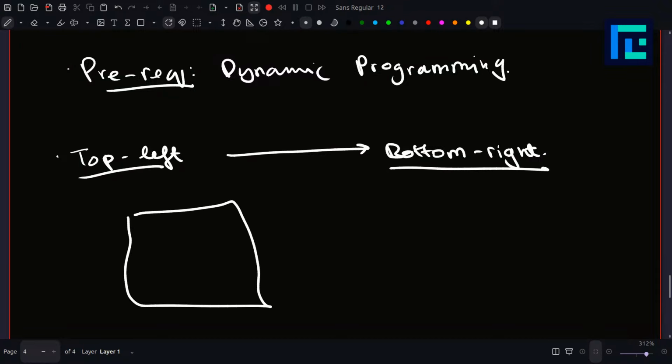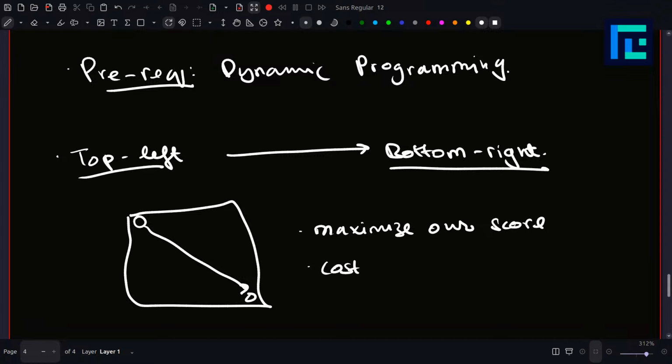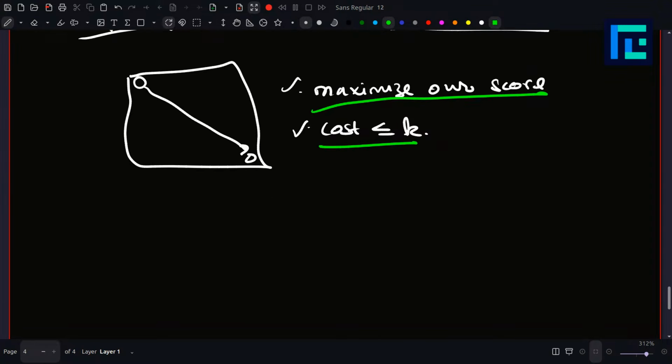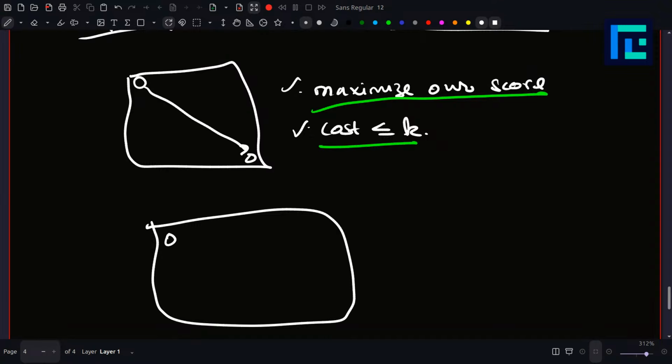Okay, so you want to reach from the top left to the bottom right of the grid, and you want to find the path which maximizes our score while keeping the total cost of the path less than or equal to k. So both conditions should hold, right? Now the issue is, if we try to maximize our score, we'll later see that the total cost of this path becomes too much. Like for example, if we had